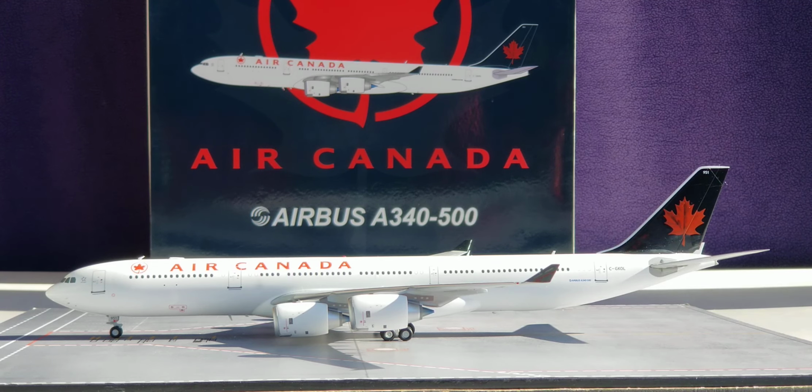Air Canada became the third operator after Emirates and Singapore Airlines, as well as the first and only North American operator, to acquire this prestigious state-of-the-art aircraft, the Airbus A340-500 Jetliner, as Air Canada was supposed to have been the actual launch customer for this aircraft type when it was first introduced in 2002. However, Air Canada filed for bankruptcy protection in January 2003, delaying delivery of the aircraft until March 2003. Air Canada, however, didn't receive their very first Airbus A340-500 until June 28, 2004, which bears the registration ship number